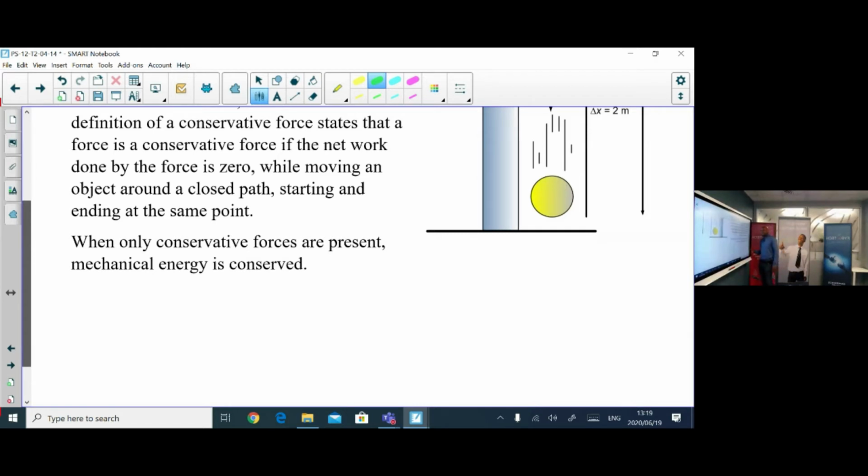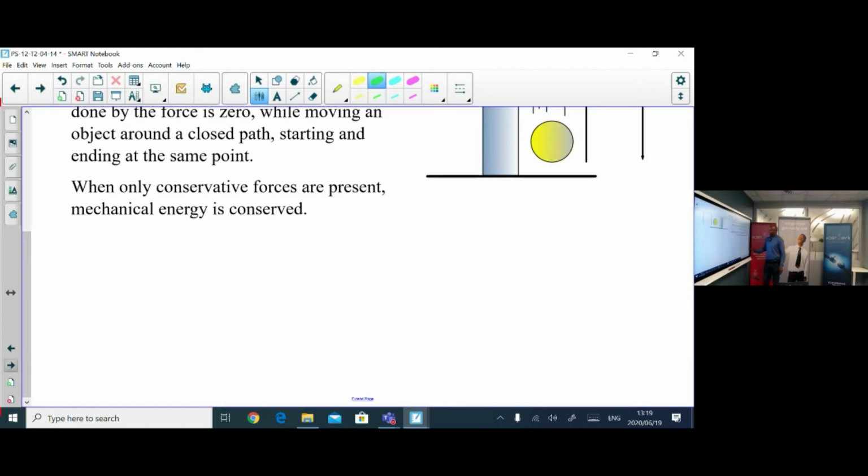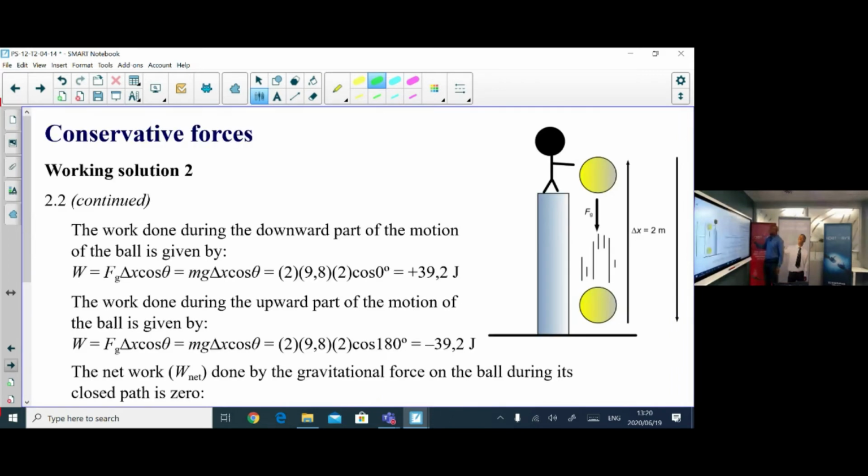In other words, the gravitational potential energy at the top is equal to the kinetic energy at the bottom. That is why we have mechanical energy. That's why we are saying mechanical energy is conserved. All right. And then I need you to move with me quickly. Okay. If you want to prove it, you can just use